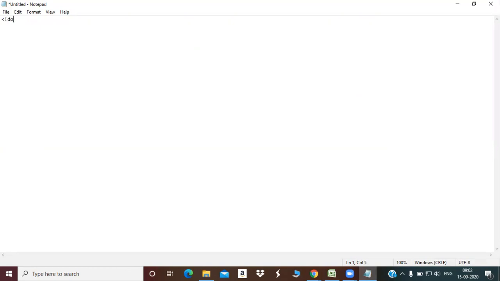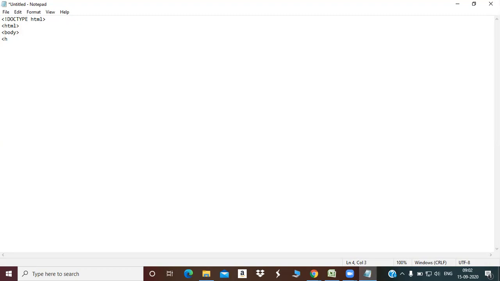So we'll start with the doctype. That is actually the good writing format of an HTML file, so we need to write it first to start any HTML document. After that, this is an HTML document, so we must use the HTML tag. And after this, we need to declare the body of the HTML document.